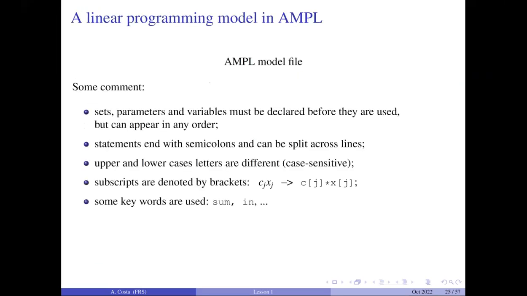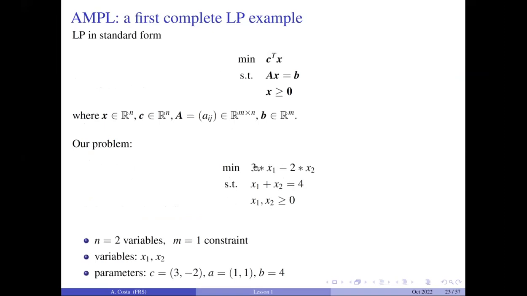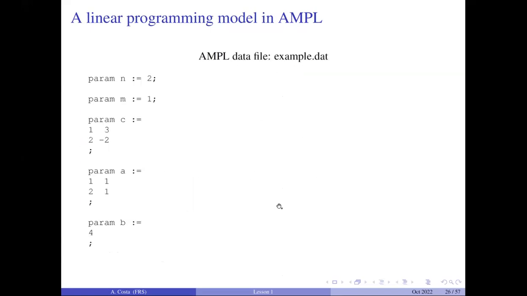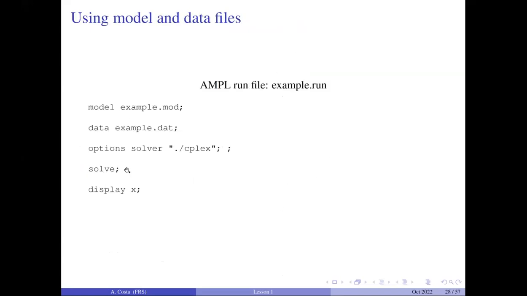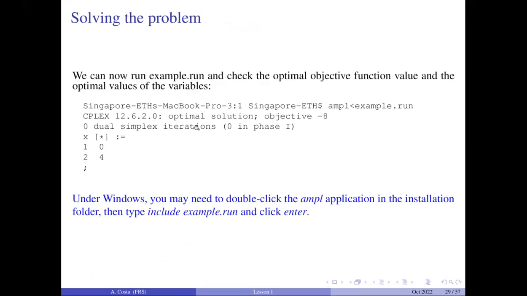So if you look at the model, you want to minimize this, subject to x1 plus x2 equal to 4. Simplex is telling you the optimal solution is x1 equal to 0, x2 equal to 4, the sum is equal to 4, so the solution is correct, so it's feasible, and both of them are greater than or equal to 0, and the objective function value is 3 times 0 minus 2 times 4 is -8, and this is the minimum you can get. Okay, so when you solve this problem, you create the model, you create the data file, you tell Ample with the run file what you want to do, and then this is the kind of output that you get.